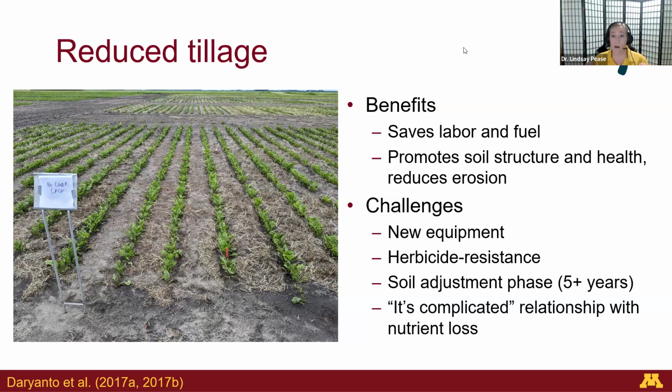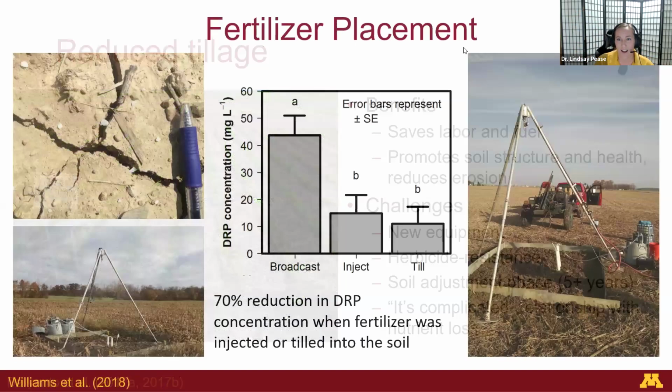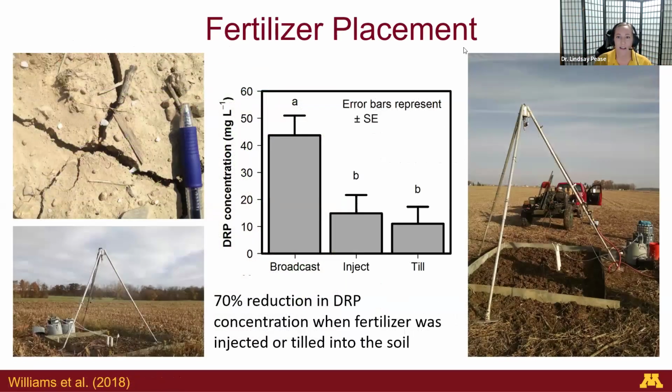You can do more than one of these things at a time. For phosphorus, I'll draw on another quick example from the Western Lake Erie Basin. One thing that we saw farmers start to adopt with reduced tillage is that they would broadcast their commercial fertilizer on top of the soil surface. That's the picture that you see in the upper left-hand corner. You see fertilizer granules just on top of the surface.